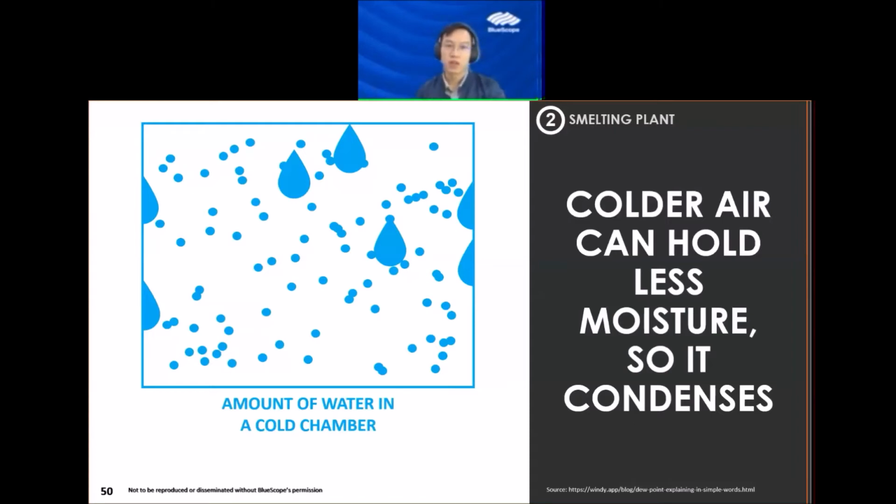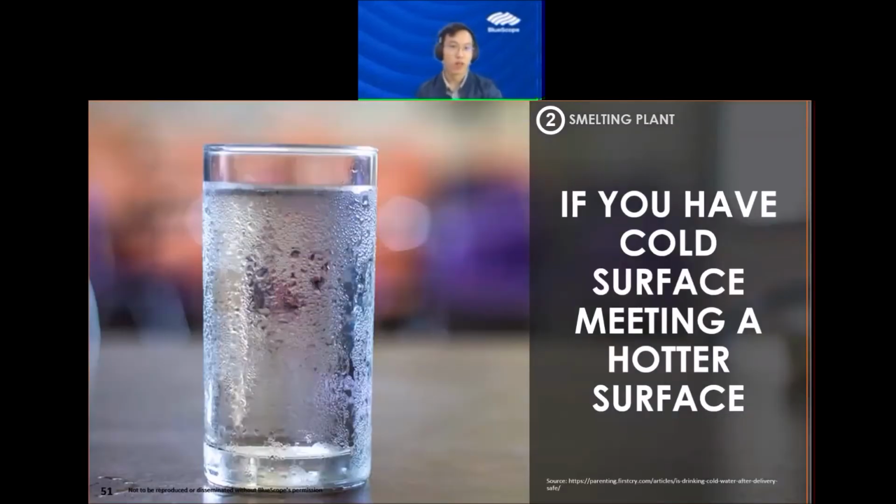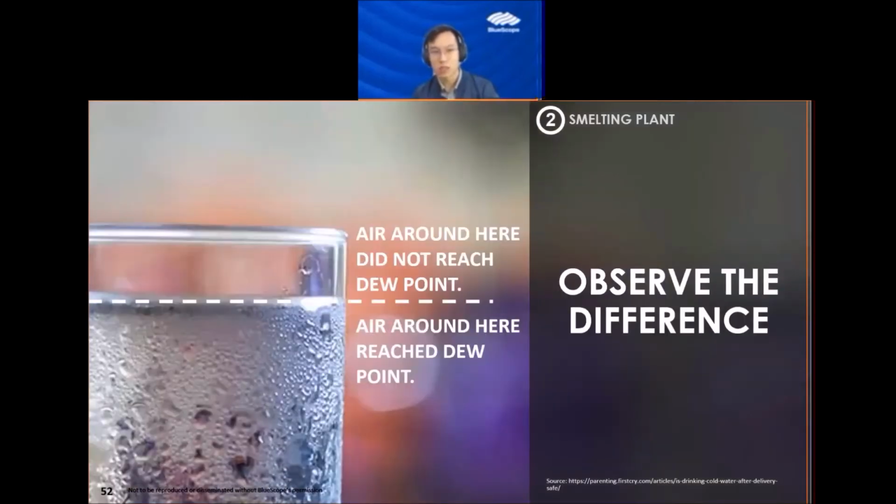This kind of phenomenon, you can see it commonly in several places. One of the places is if you take out a cold beverage or cold drink from your fridge, and very soon you'll see there's actually moisture forming on the surface of the cold drinks, like Coca-Cola or a cup of ice water. And if you zoom in closer, this is what you'll see. The inner side of the glass, the part that is not filled with cold water,